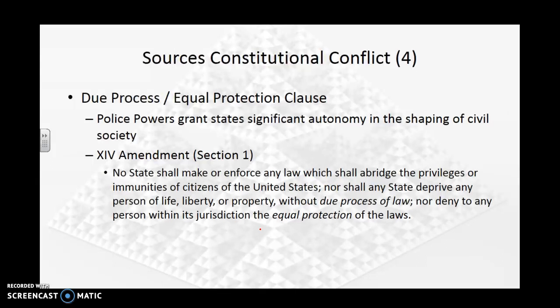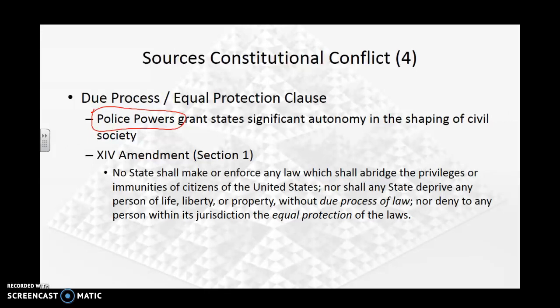The other real source of constitutional conflict is to do with the Due Process and Equal Protection Clause. And this brings into conflict police powers and the Constitution. Now, you will remember that whereof the Constitution is silent, the states may speak. A lot of that gets tangled up with the police powers, and these are the things that the Constitution doesn't say. And again, this is explained extraordinarily well in a Crash Course. So I will link off to that in the comments, so do follow that one up.